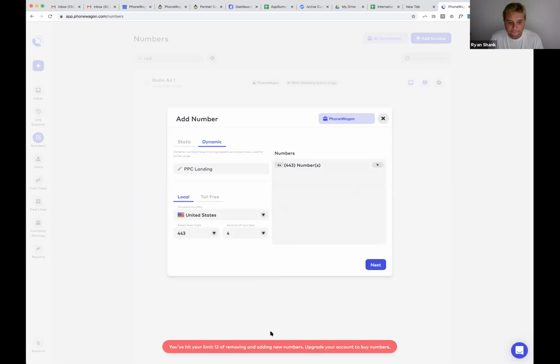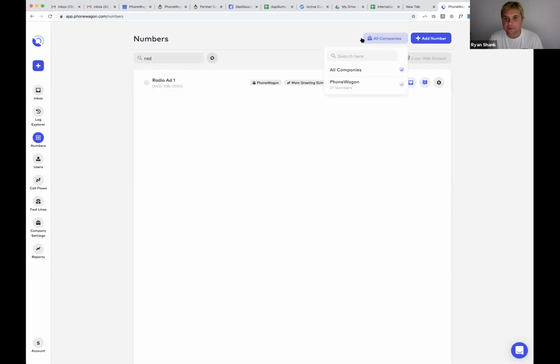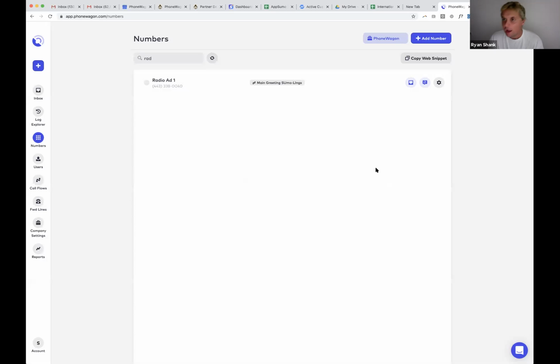12 numbers, that's great. So anyway, you create a dynamic number. After that, you would go to PhoneWagon and copy the snippet. You'd copy this little snippet of code and drop it into the body of the website. That way, the JavaScript will search for the number that's hard-coded on the site. It'll take our pool of numbers and swap it out, and then each visitor will see a different number,